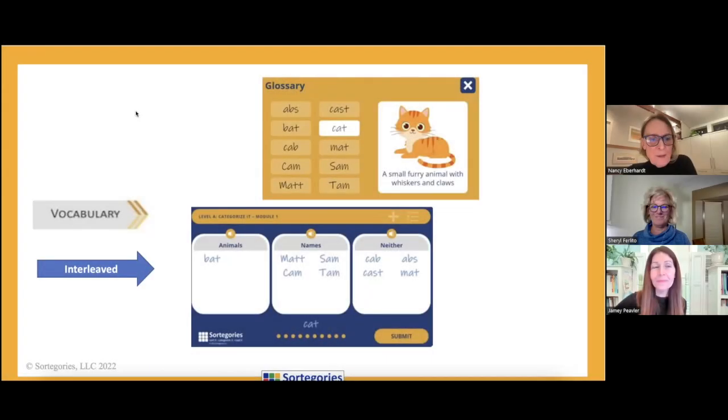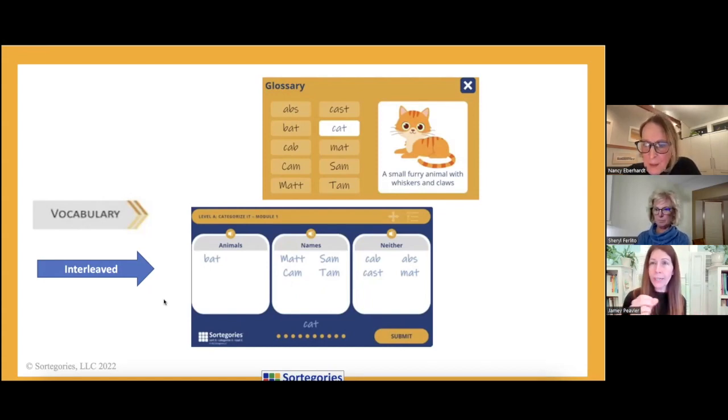So, Jamey, can you talk to us a little bit about how this represents interleaving? Yeah, so it might be easier to contrast what it would have looked like if it had been blocked. If it had been blocked, we would have just had a list of words that says, click on the ones that are animals. And because now all I'm thinking about as I'm reading through is animals, animals, animals. Yes, no, yes, no. But the fact that we have two categories and then neither, and that I